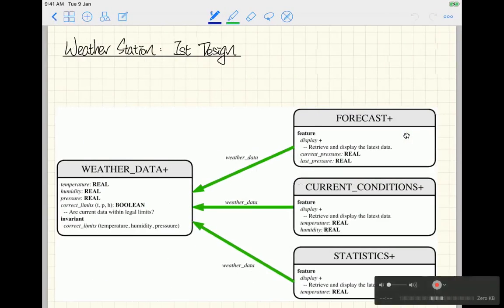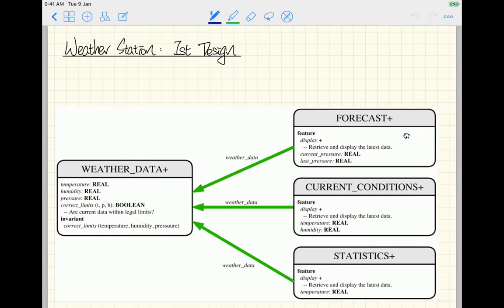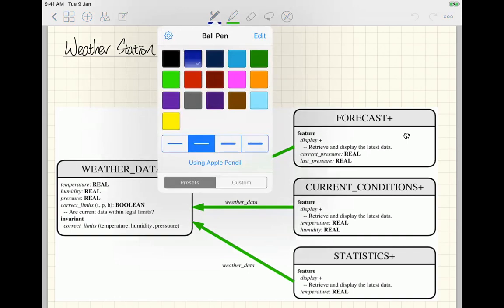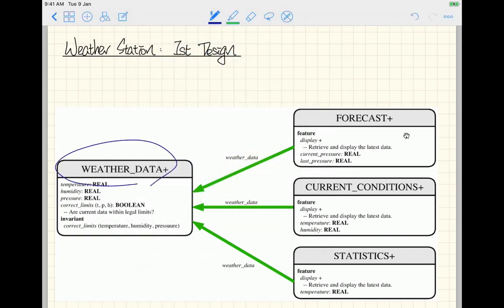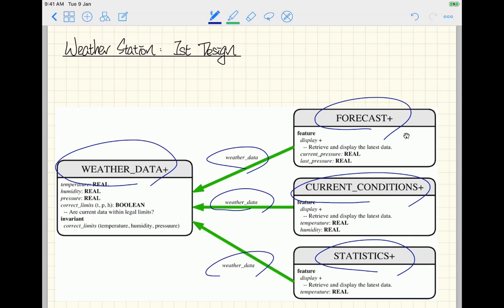A very quick recap. So that's the very first design attempt without the observer pattern, right? Basically, you have a single weather data, and then for each of the apps, you got a forecast, you got current conditions, you got statistics. Okay, and each one of them has a client-supplier relationship with weather data over here. Okay, the drawback for the first design is that every time, if you want to refresh the screen for display